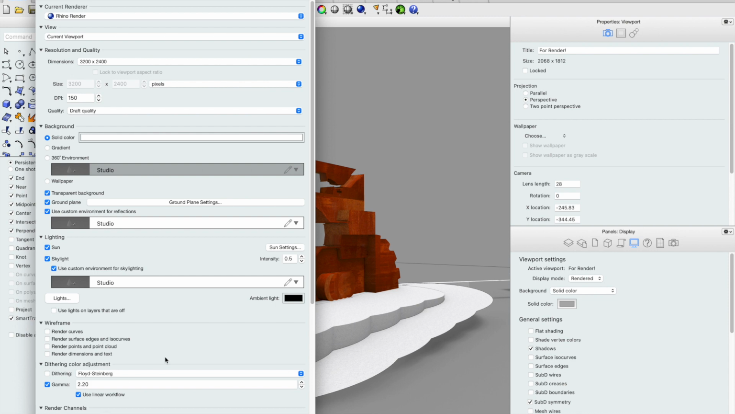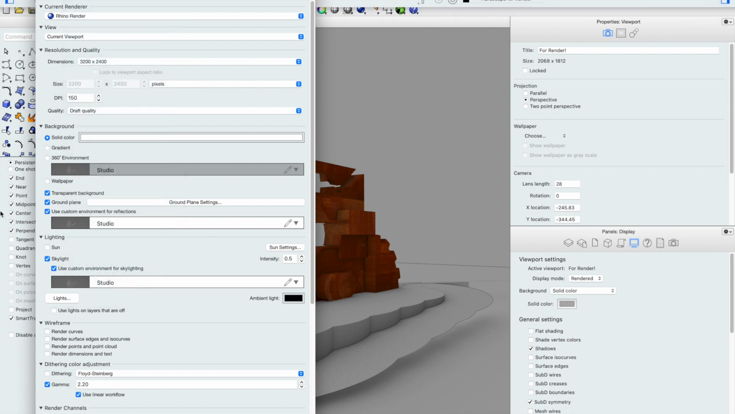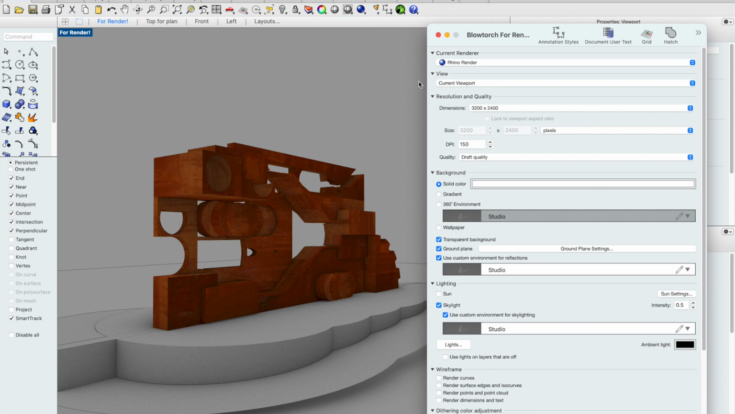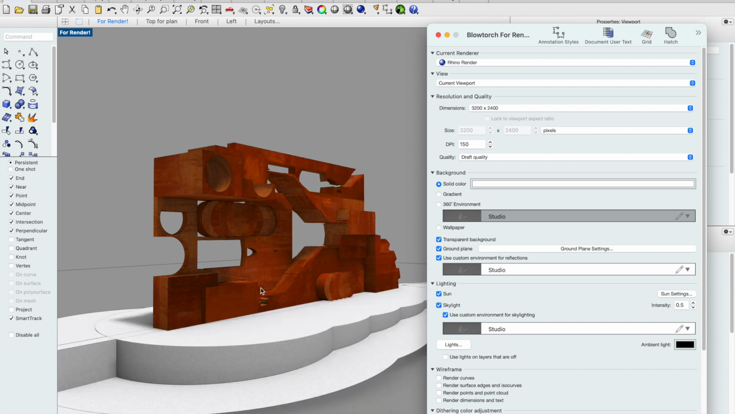Okay, the other thing that you can do here is you can enable a sun. Now, sun is a little bit tricky to work with in Rhino, especially if you're using no material and you're just going to leave it white, because it tends to wash out a lot of stuff. Right now I'm running the sun intensity at about 0.5. But what this will let us do is add shadows, which are